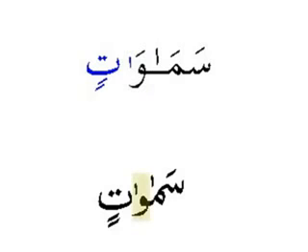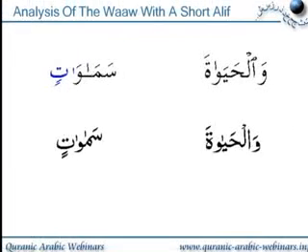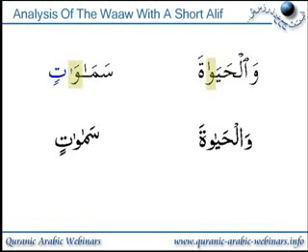And down the bottom, same thing again, but in the Majidi script they just draw the dagger alifs and not the fatha and dagger alif. So that's also samawatin. Okay, so you've got to be a bit careful. So it looks exactly the same on both sides, but one is a waw and one is actually an alif, and the giveaway really